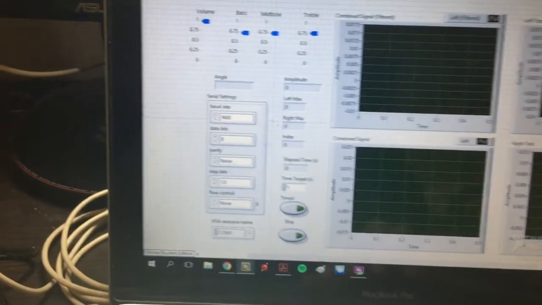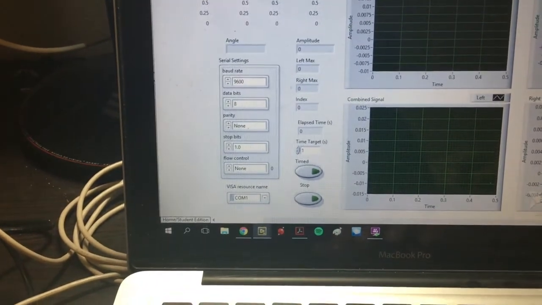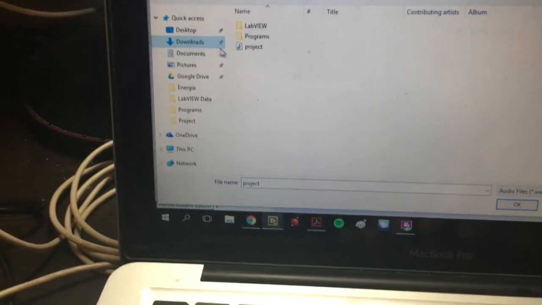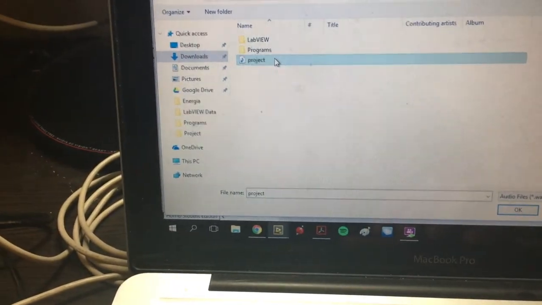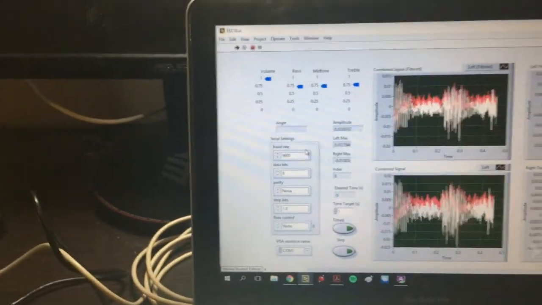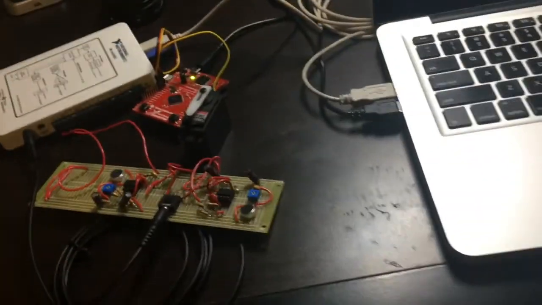Okay, so now that we've seen how the VI works, let's see everything work in action. So we're going to run it. It opens up our file dialog. I'm just going to call this project.wave. And we see it starts recording. And now to test the servo motor,